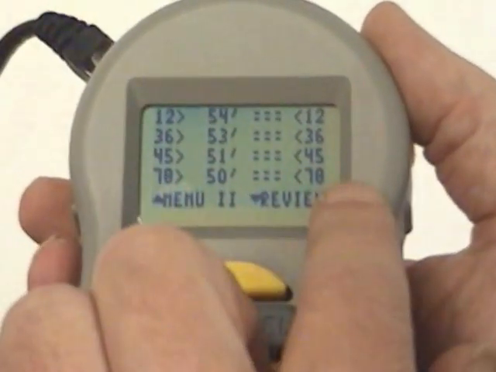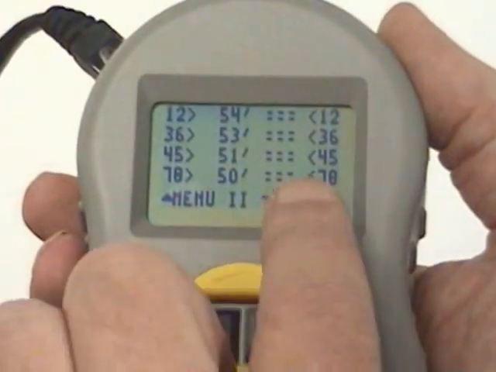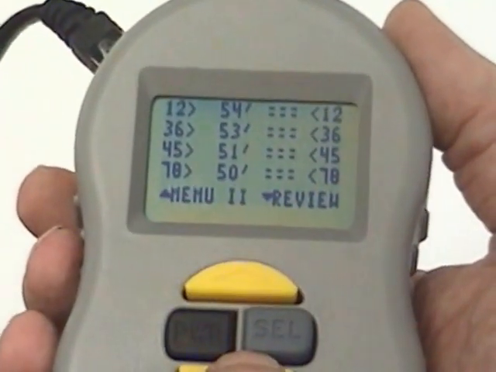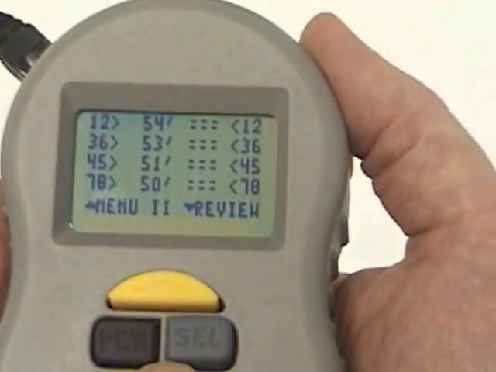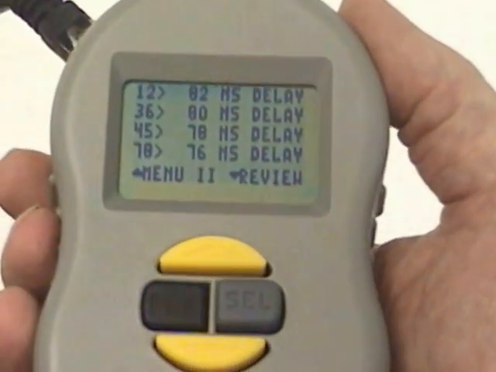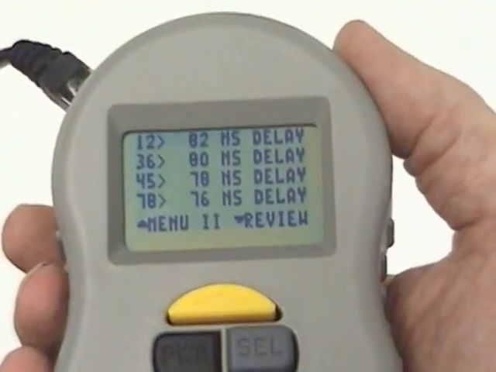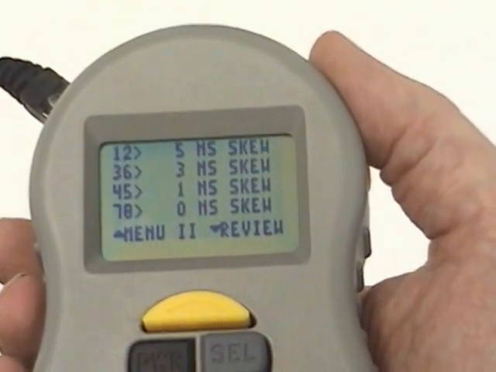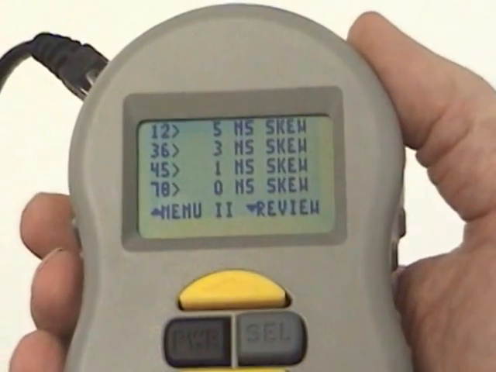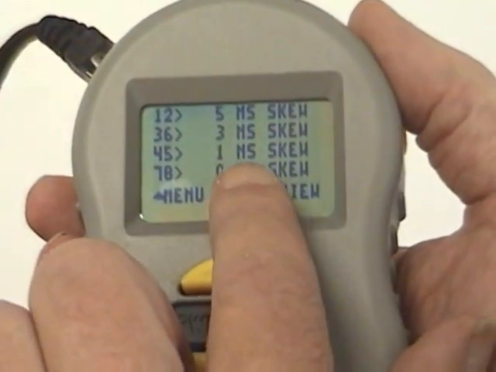And it tells us that all the pairing is proper, and there's no split pairs, no shorts, no opens. Now over here, it shows us the delay for each of the pairs. It shows us the skew, which is the difference. And you can see that one pair